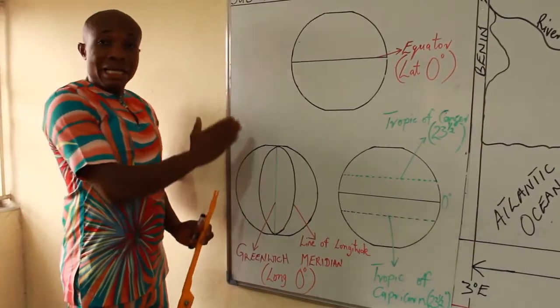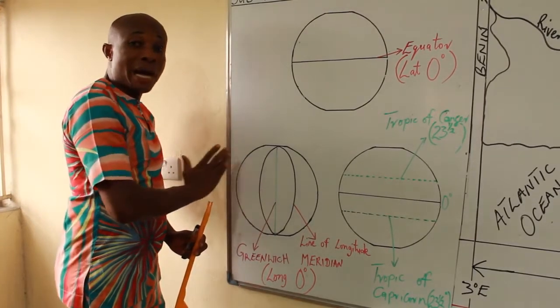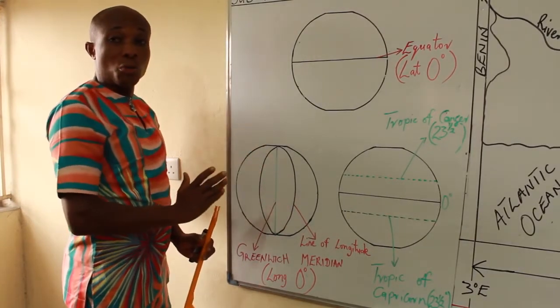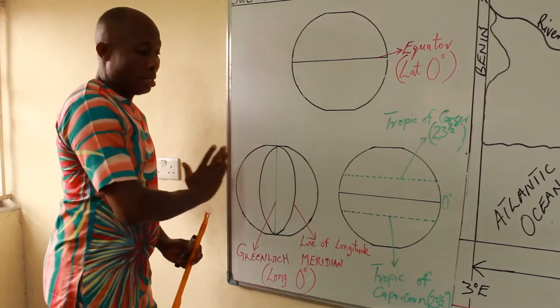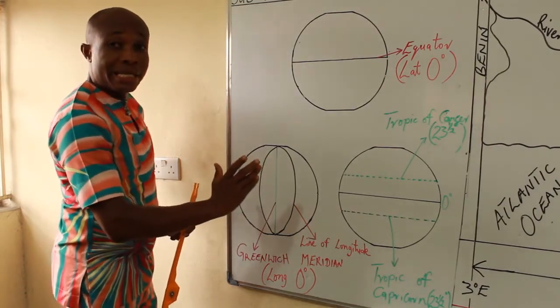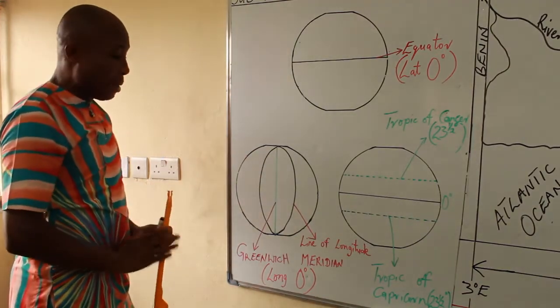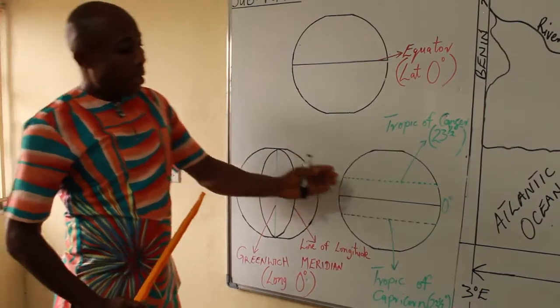And this is the vertical line that also divides the Earth into two, that is west and east. My right hand side is the eastern part, while my left hand side is the western part. Okay, the next one